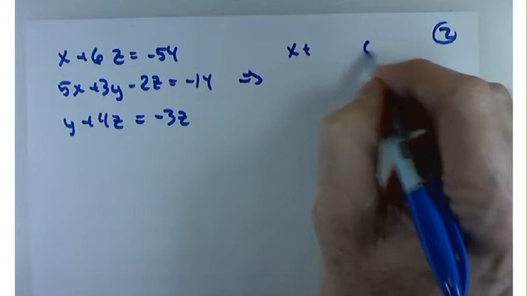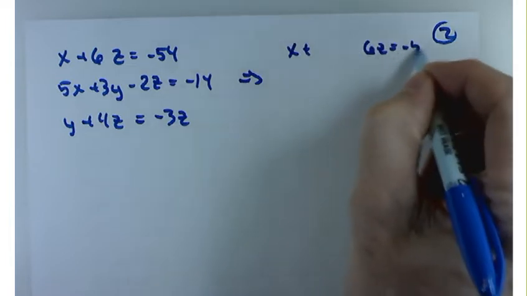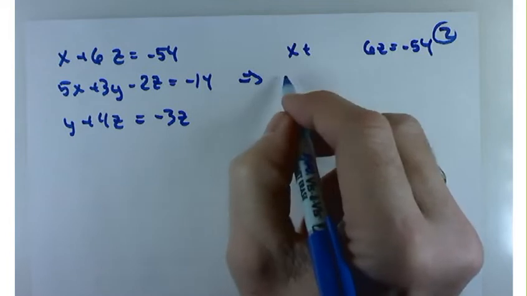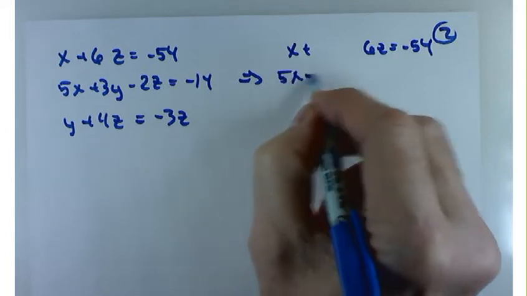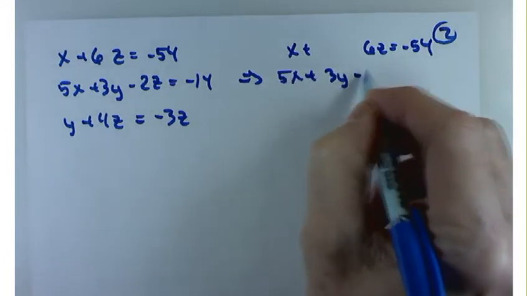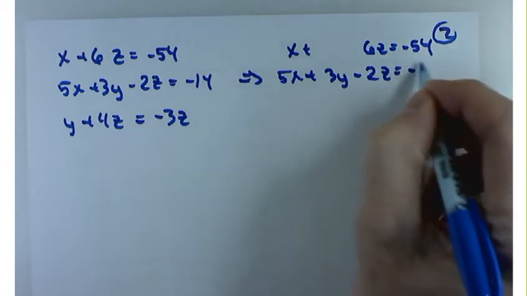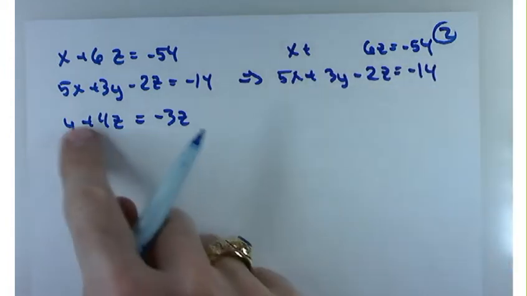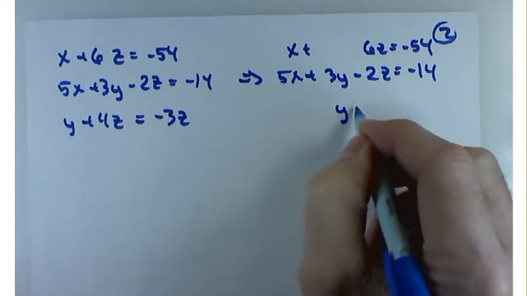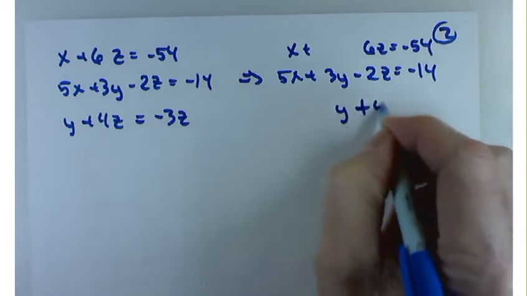X plus 6z equals -54. And then 5x plus 3y minus 2z equals -14. There's no x in this one, so I'll just do y plus 4z equals